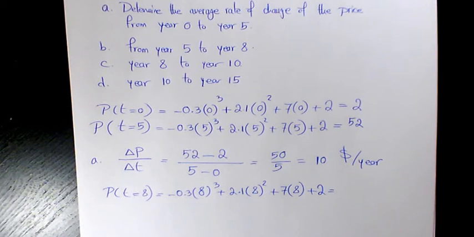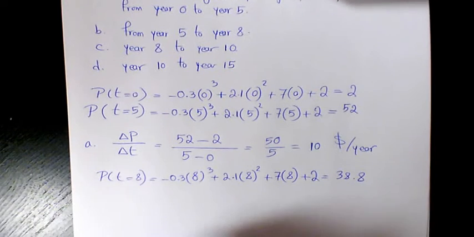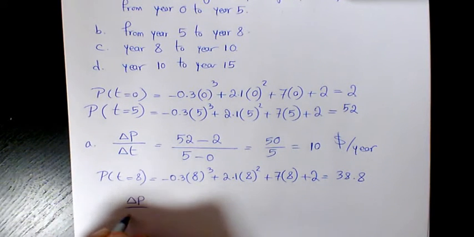It's going to be 38.8. So we have delta P over delta T is going to be